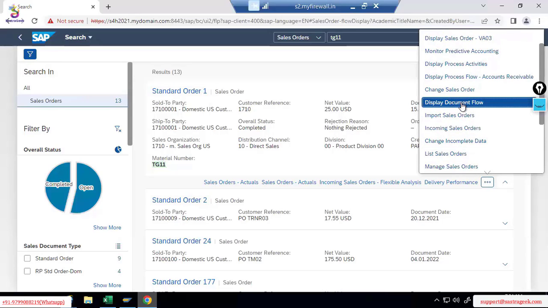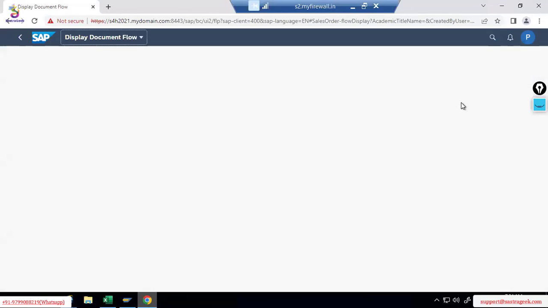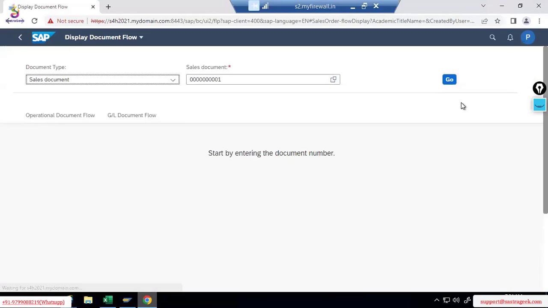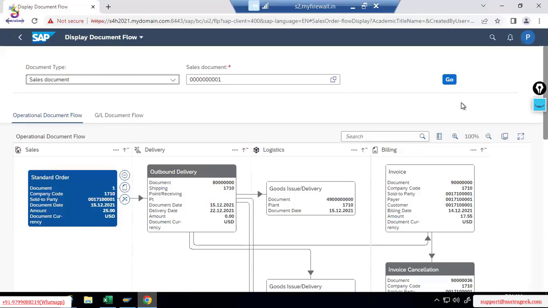Display document flow. So this display document flow would show you all the flow together with cancellation of the documents. What other things have happened would be clearly shown to you. Now, these kind of graphics were not at all available when we were working with the